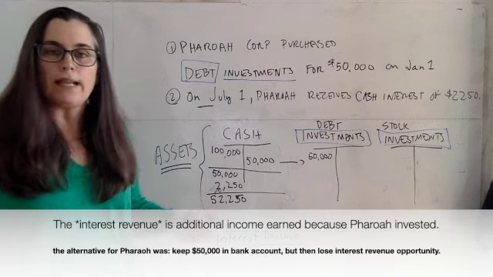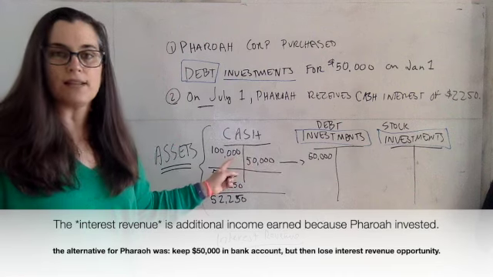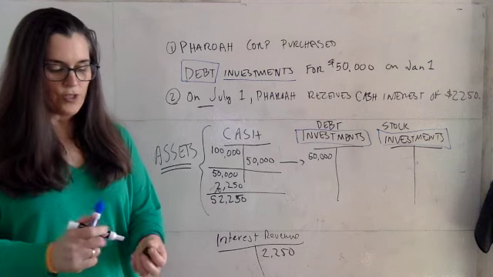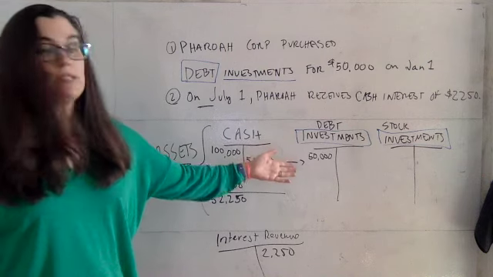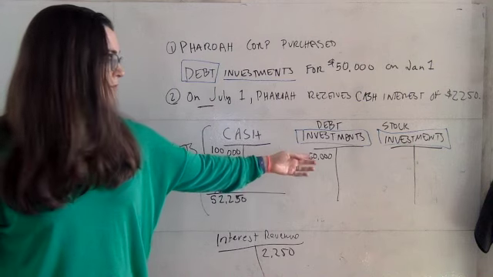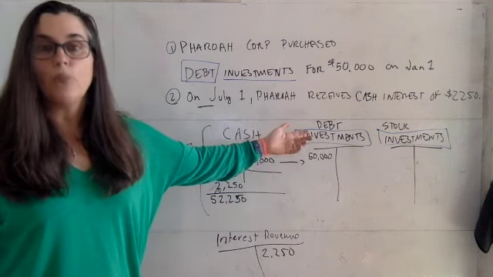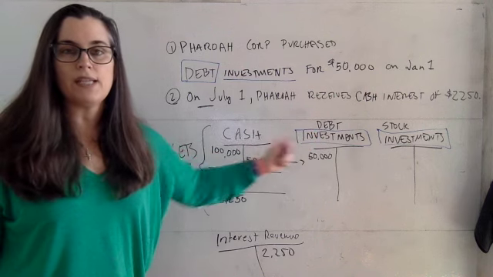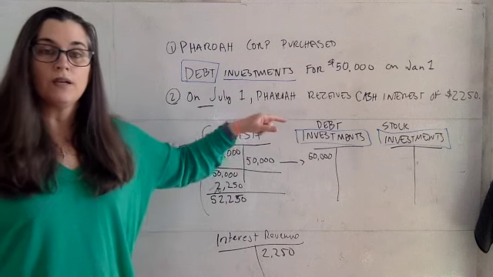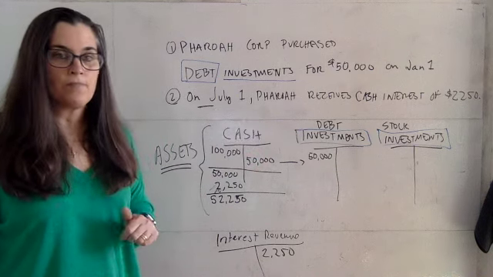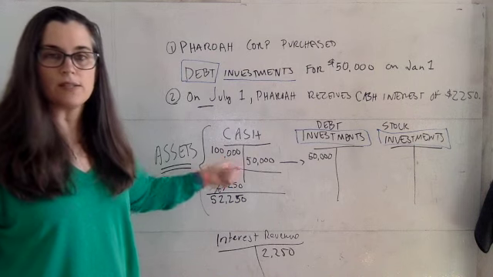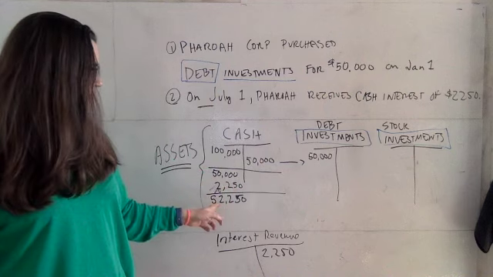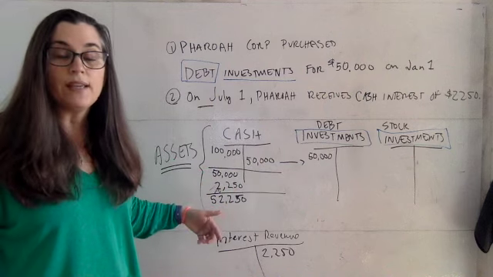Something to point out here is that the $50,000 of this original 100 is still sitting over here in this debt investment. They could sell this bond at a later point for either the full 50 or maybe a little bit more. Hopefully, they're going to sell it at a gain, or they can just wait until retirement, and they'll receive the $50,000 back from the company that issued the debt in the first place. So they'll eventually be made whole with the $50,000, but along the way, they're going to be earning this incremental interest revenue, which is really the value of an investment like this.